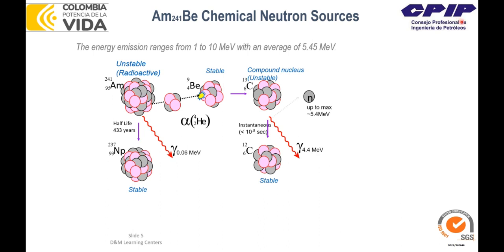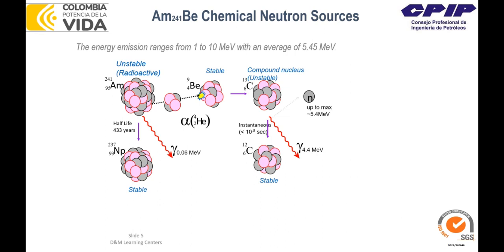The second radioactive source we're talking about today is the chemical neutron source, which is normally americium-241 beryllium. The energy emission of such a source ranges from 1 to 10 mega electron volts, with an average of about 5.45. It works with the same principle: an unstable state, and to stabilize it, it emits a neutron. If we talk about the routine application, the practical one,